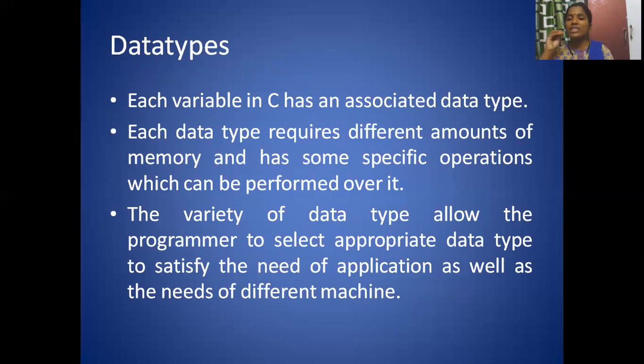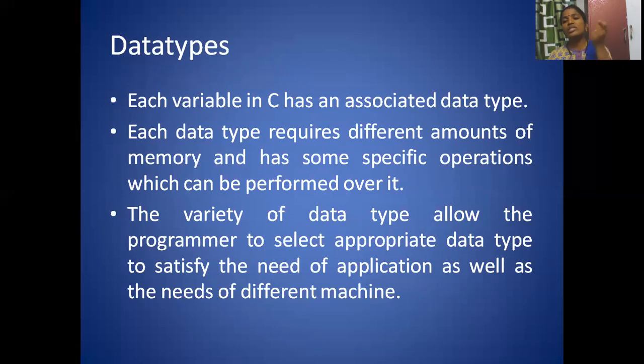The data type. Simply I will say a data type tells that if you have any value which is going to be used in your program, this value belongs to some type. It can store these kinds of values and it can perform these kinds of operations.